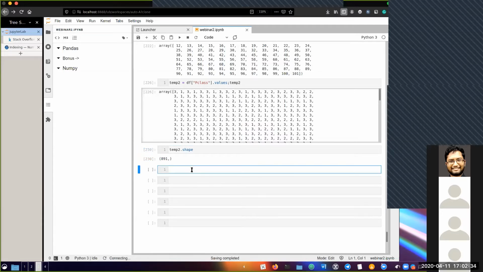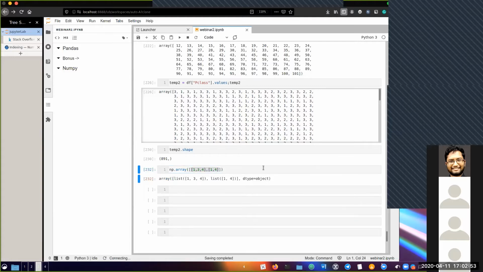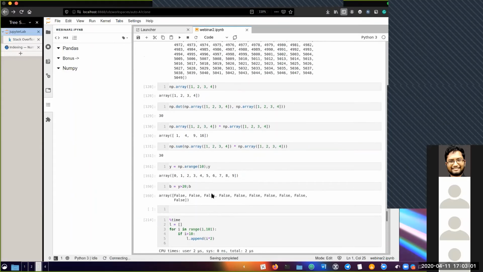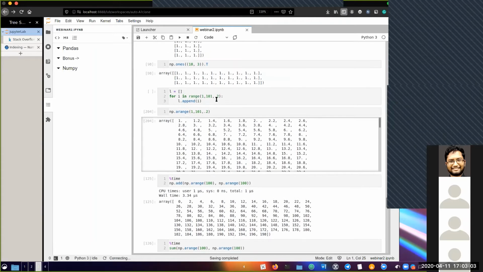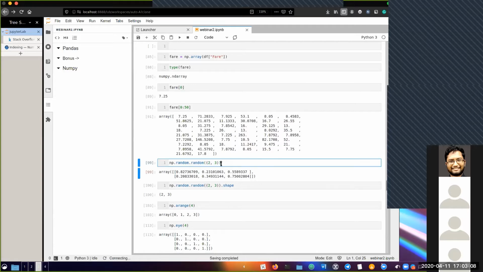But if we create another array, say I will put a few values, 1, 3, 4, and maybe I put 1, comma 4, say. So I'm taking a list and I'm making it into an array right now. If you see, this isn't going to work very well. But what you can do is you can use something of NumPy's. I have written it down somewhere here. Yeah, you can use this.